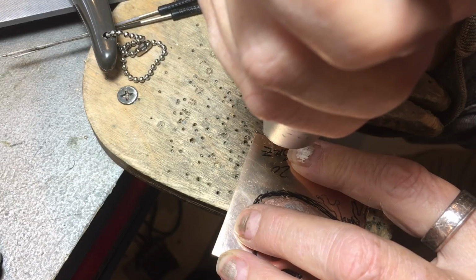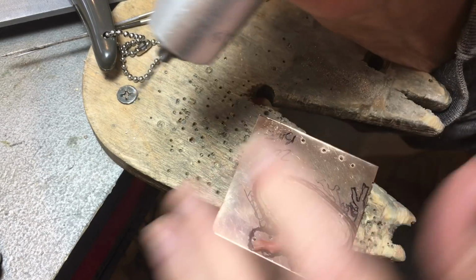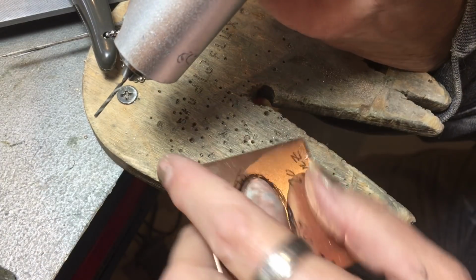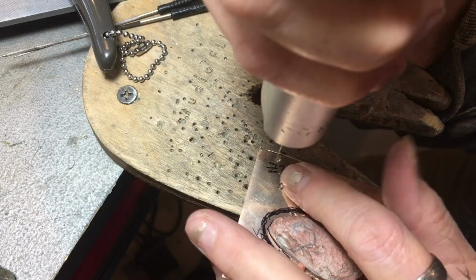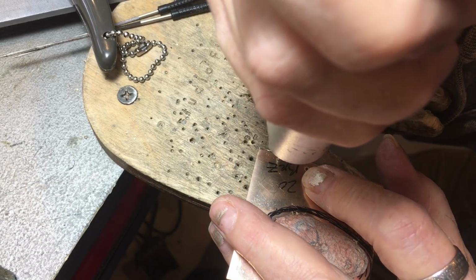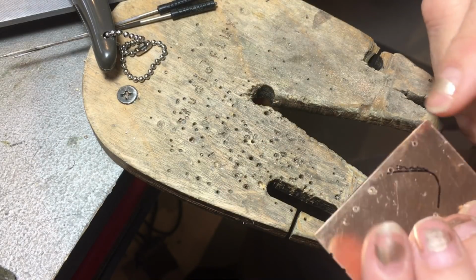pushing gently. Give it a second or two. Not there yet, go back and lubricate. Give it a chance to cool off. Go back in again. There we go. We have hardly any